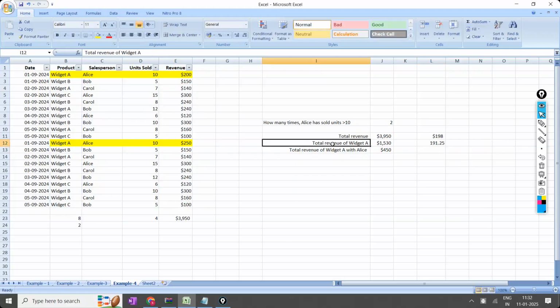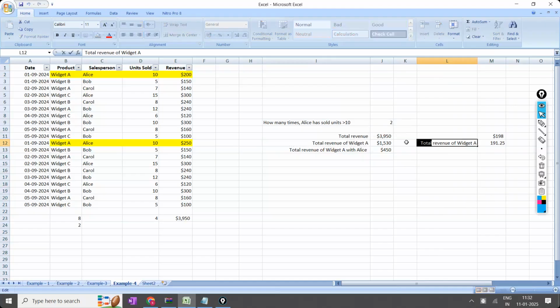Now this is the revenue sum. This is the average revenue of the widget. So I am going to keep the same thing here, copy, and paste the question here. The question is, instead of total revenue, I am writing the average revenue of widget A. That is the question. Average revenue of widget A. This is the overall average revenue. It is not only for widget A or widget B. This is overall.